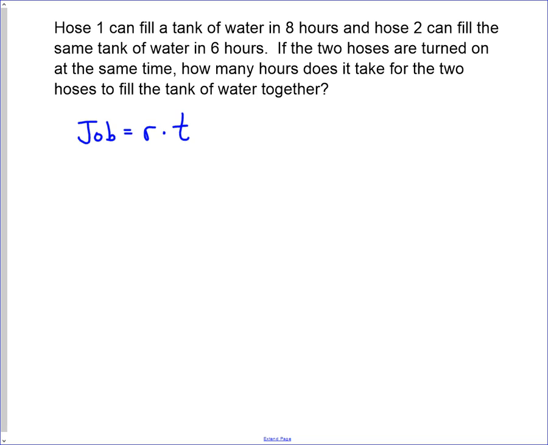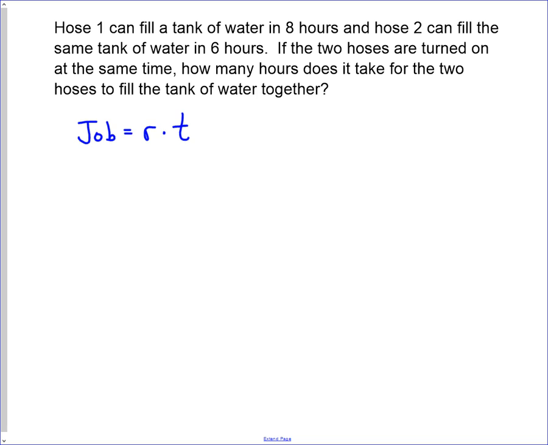the time. You might recognize the rate times time from the distance formula, and it's the same idea, except that you're talking usually about one job. How long does it take for one thing to get done? In this particular example, it means how long does it take to fill the pool exactly once. Now, it can be adjusted. If you're only filling half the pool, then your job is one half